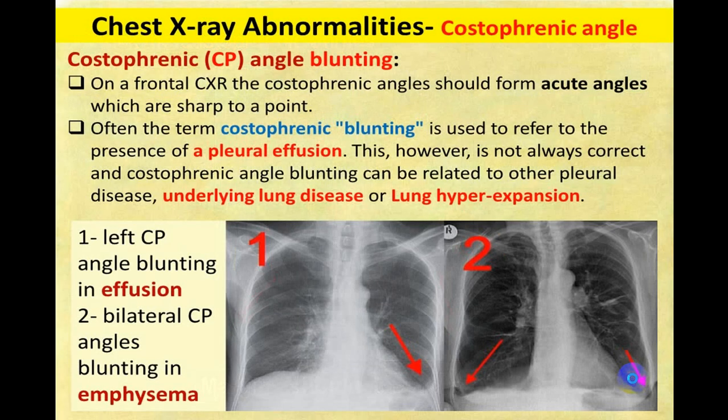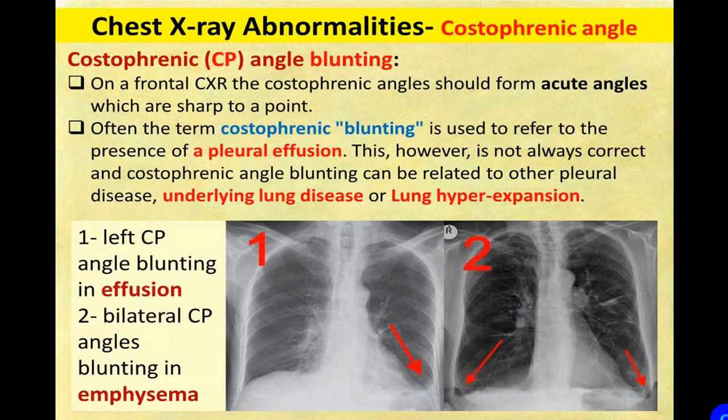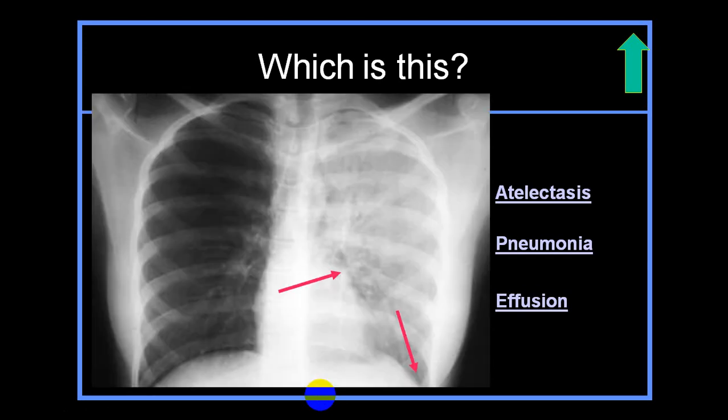So we are showing you now what are the costophrenic angles. Clearly you can see the costophrenic angle in an emphysema. In an emphysema, because the diaphragm is pushed down, this costophrenic angle will become blunted, and that will be on both the sides because both the diaphragms are pushed down. So blunting of the costophrenic angle will occur in case of an emphysema because of pushing down. It is obliterated in atelectasis.